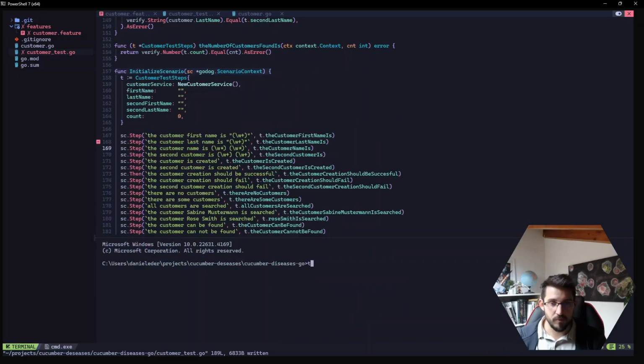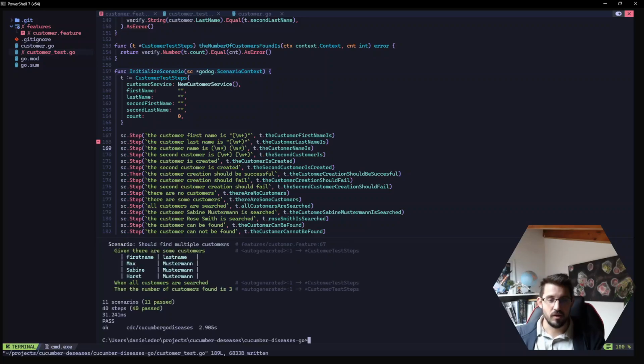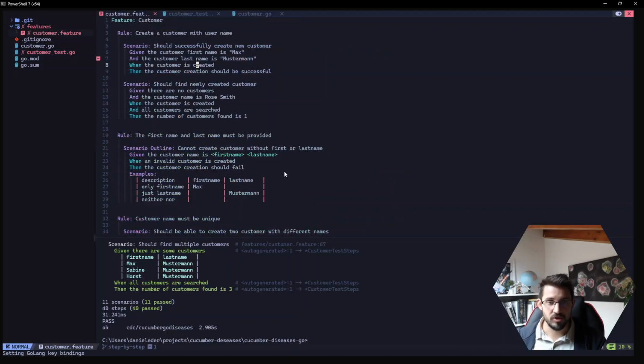Now let's whip up a terminal and run go test and see what happens. Okay, all the steps passed, which means we didn't introduce a new error, and we fixed the code smell by removing it. The other way, and I'm also going through that right now, would be to go to the customer feature file and